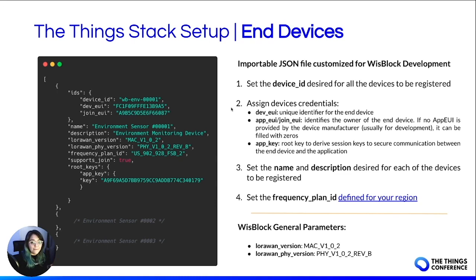Also, you have to set a name and a description to each of the devices that you're going to be creating, as well as the frequency plan ID. Also, keep in mind that the parameters that you need to be able to register the WisBlock as a node are the LoRaWAN version, that is the MAC 1.0.2 version, and also the PHY version that refers to the revision